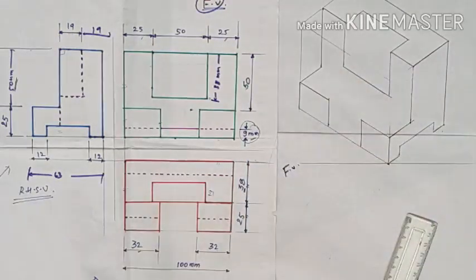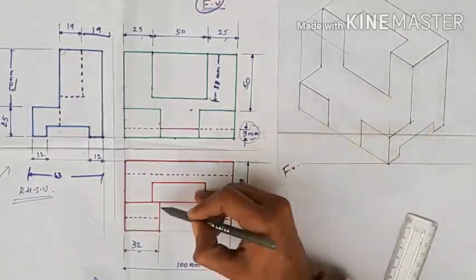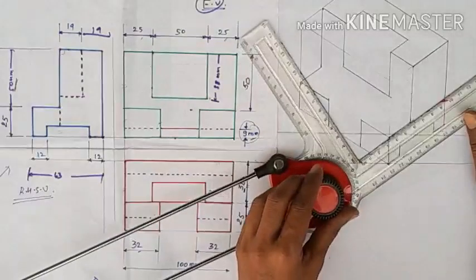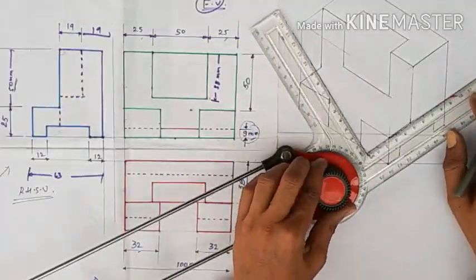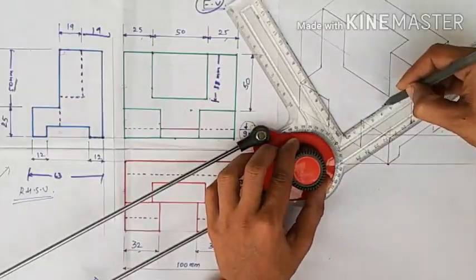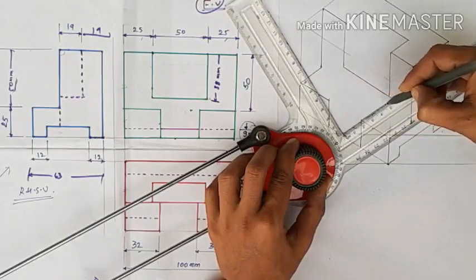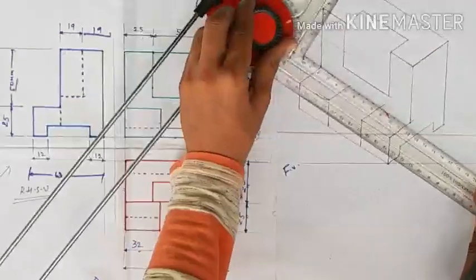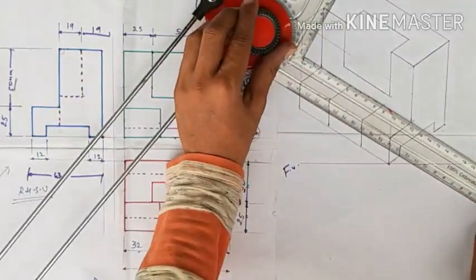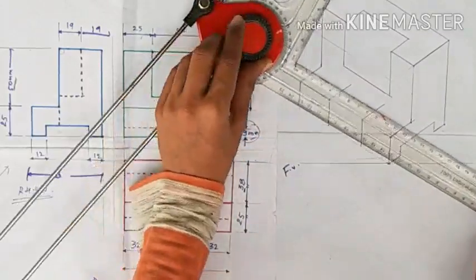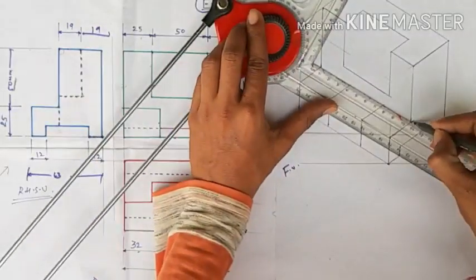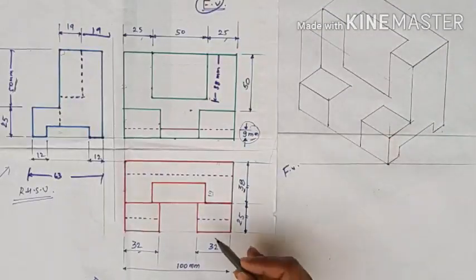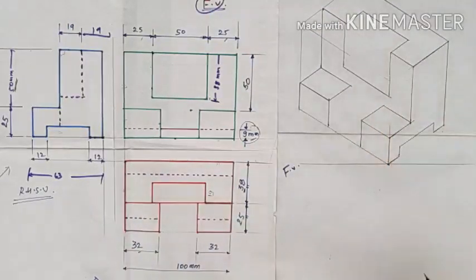Now from the top view this box was complete. So I need to complete this. What about this? This was again 25 mm and parallel to it. From here that is 25 mm, again from here that is 25 mm, make all 4 lines with a single line. I'm putting the MD parallel to it, and here we draw this line like this. So from the top view this is complete like that.